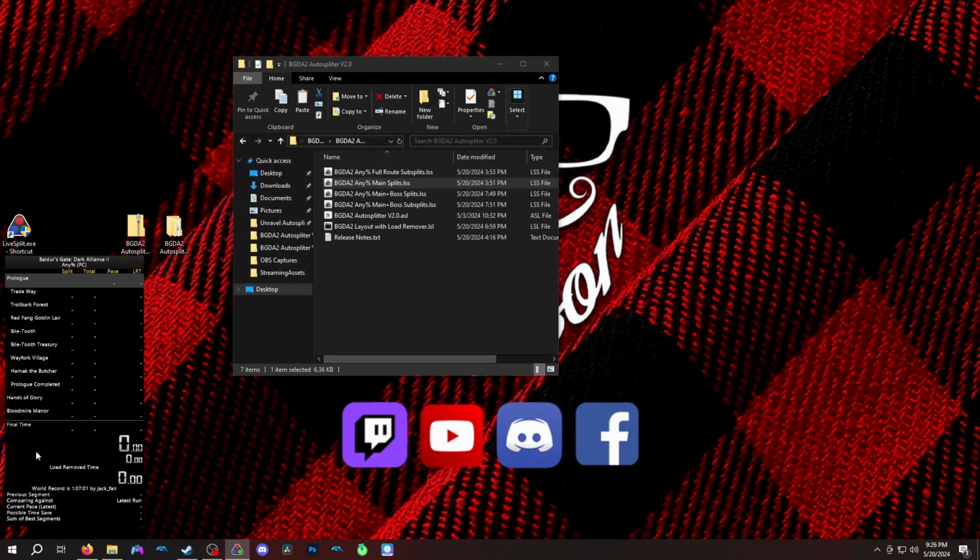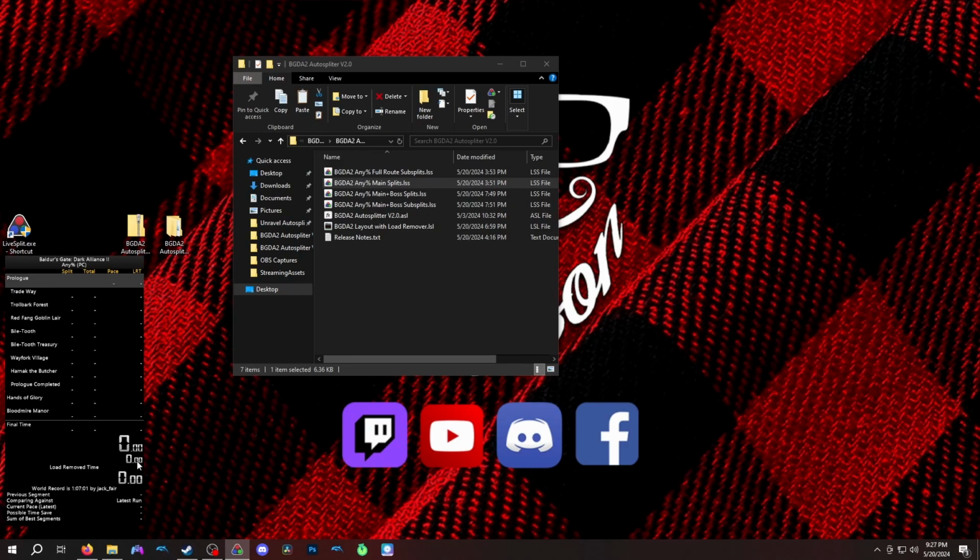Now, the reason there's two timers set up on here. One is the main timer, the other is the load remove time, which is right here. This way you can have both the real time, which is the actual accepted submission time, or you can have the load remove timer just for data collection purposes. We don't use the load remove time right now. Once we get some data collected, and if the board happens to have a ton of PC runs and the old console runs get kind of phased out, or nobody really does console runs,